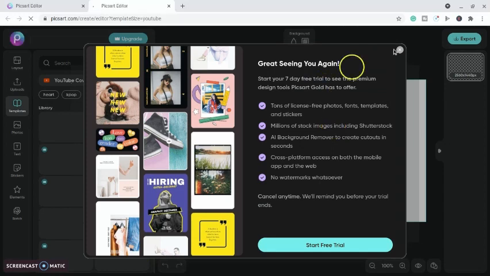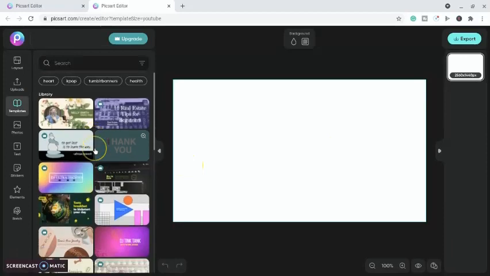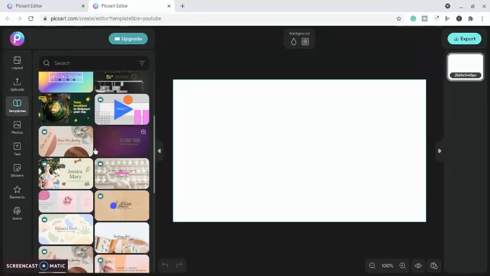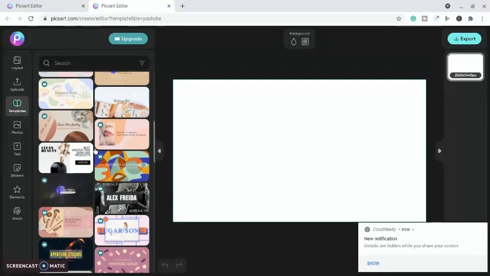And of course, it asks you if you want to do a free trial. There is an upgrade version of this, just like there is with Canva. But what I found was that there are slightly more restrictions in the free version than what you get on Canva, but I can do that in a comparison at another time. But automatically what it gives you is the right size for your YouTube cover art, and it also gives you some ideas down here, some templates that you can use if you want,